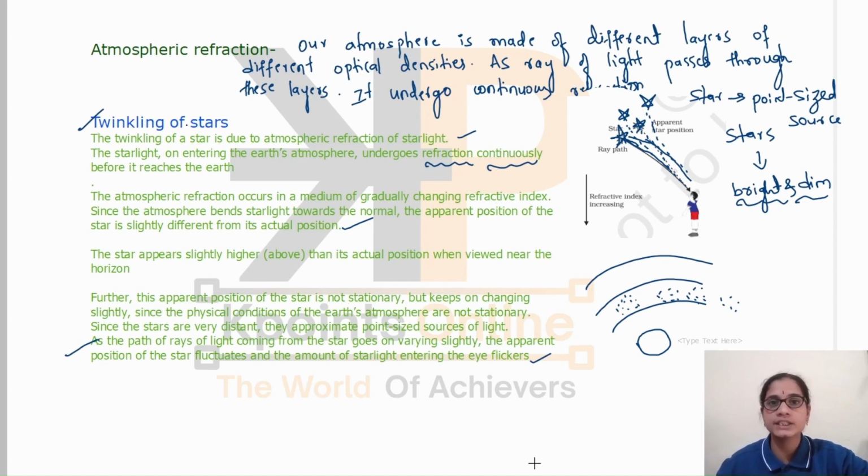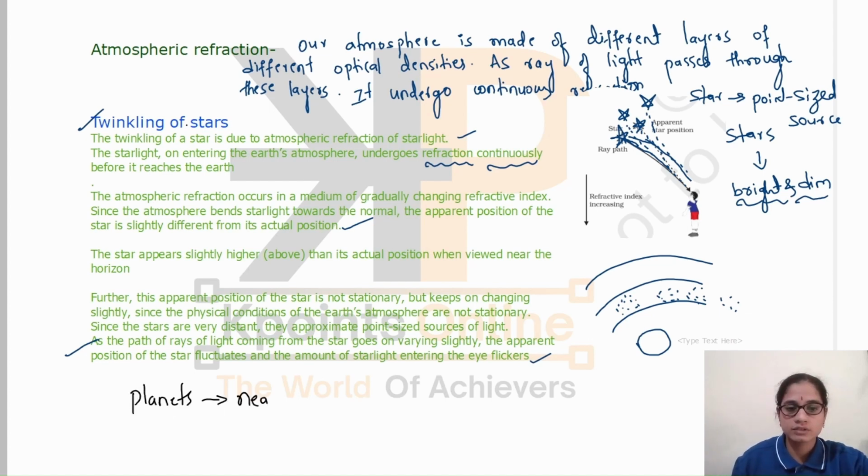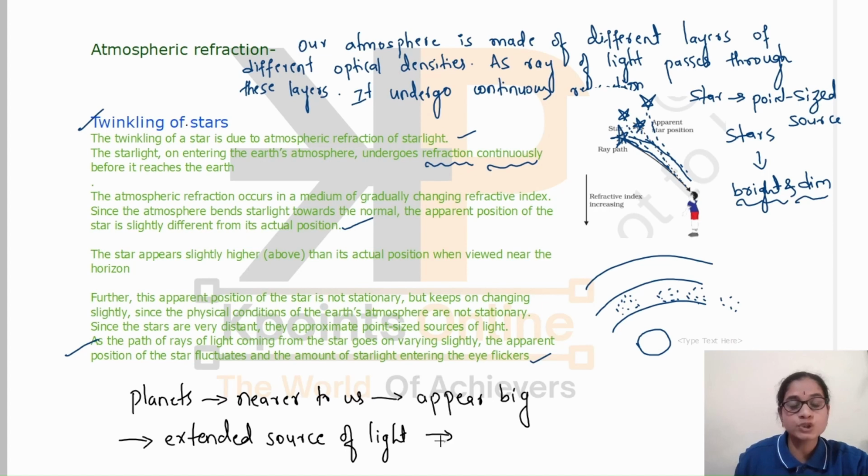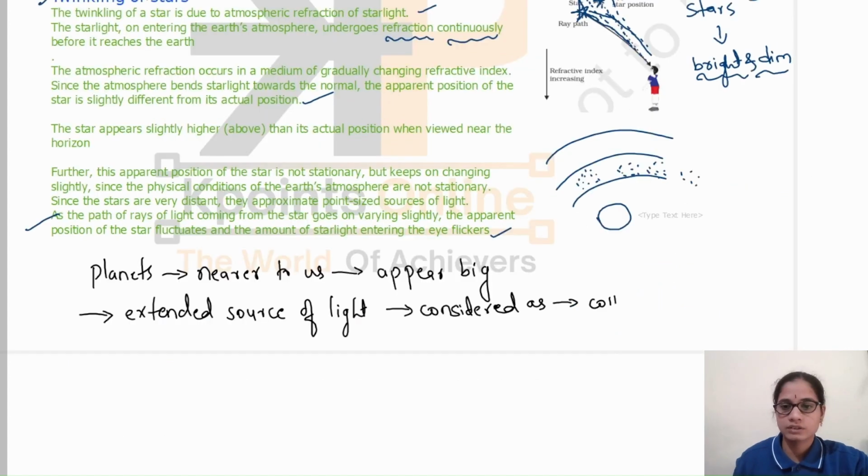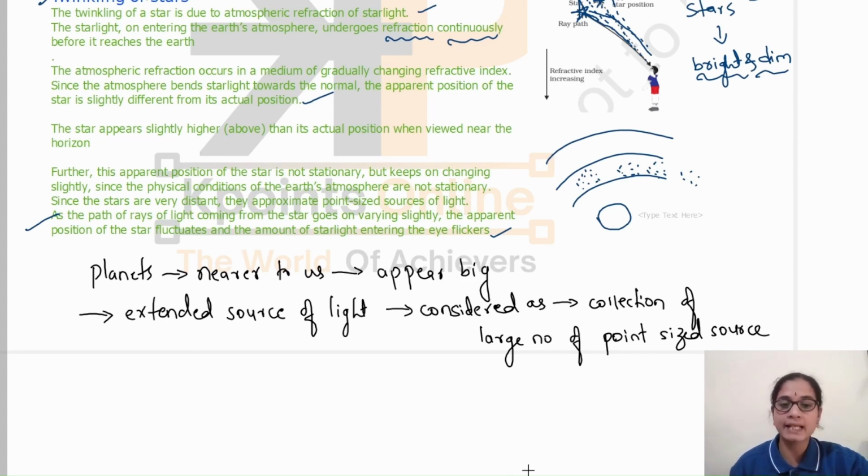They are considered as extended sources of light. See here, planets are nearer to us. They appear big. So now they appear as an extended source of light. And also it is considered as a collection of a large number of point-sized sources. So, as these planets are considered as a collection of a large number of point-sized sources, what happens is the